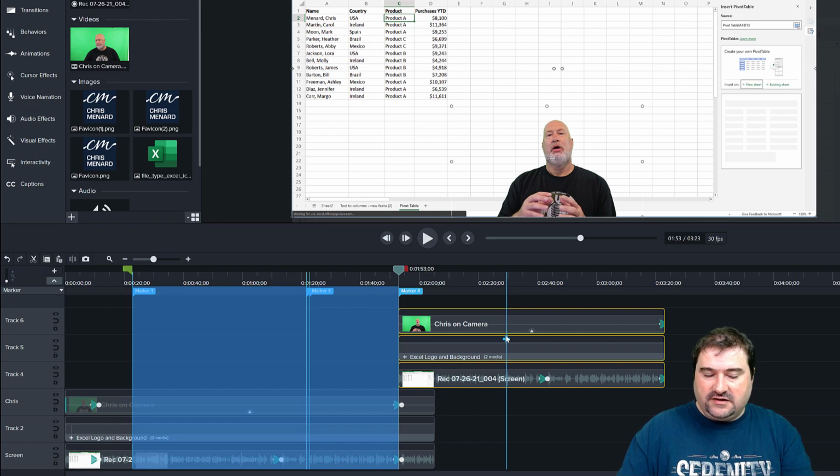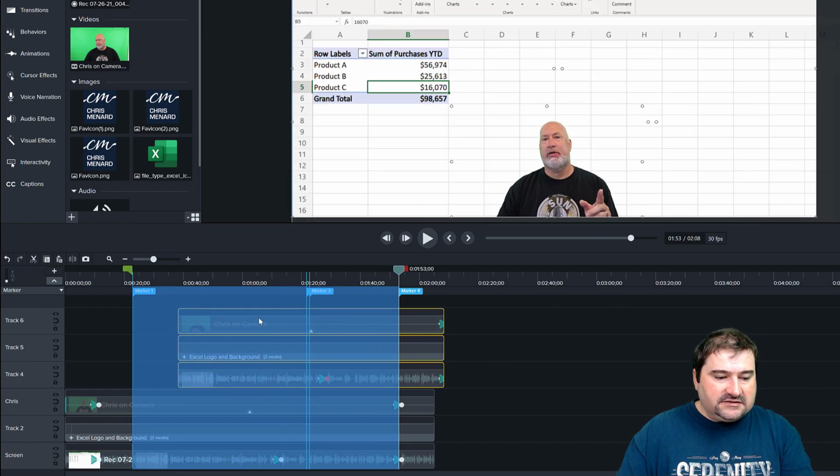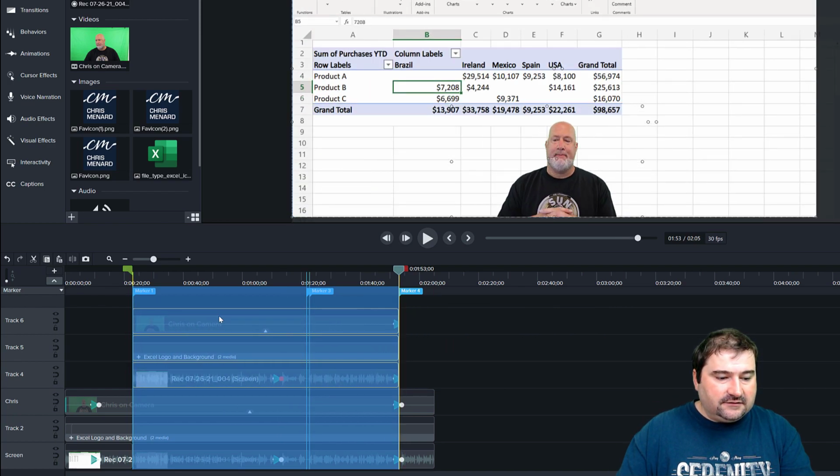Well, it's very easy to fix if you don't remove your selection and these 3 clips are copied. I'm going to click and drag them and move them inside like this, and they snap in place. So you may want to enable timeline snapping for this to work precisely.